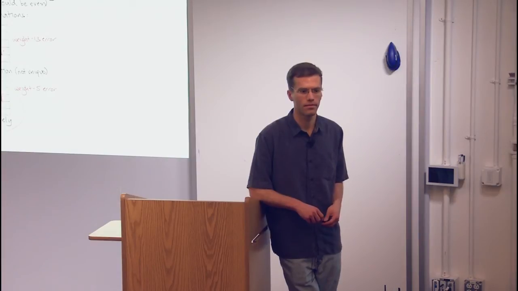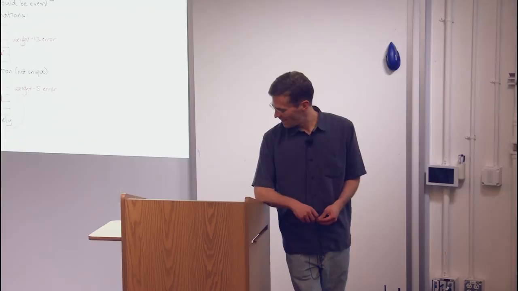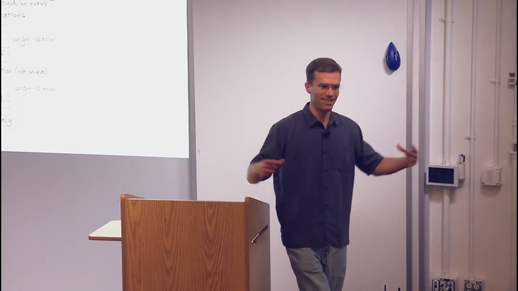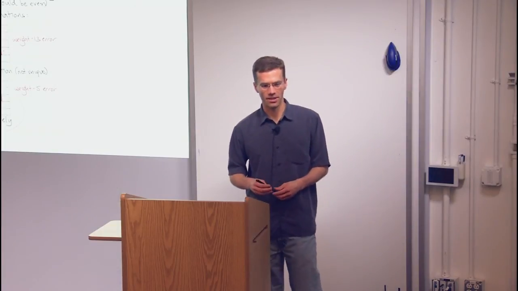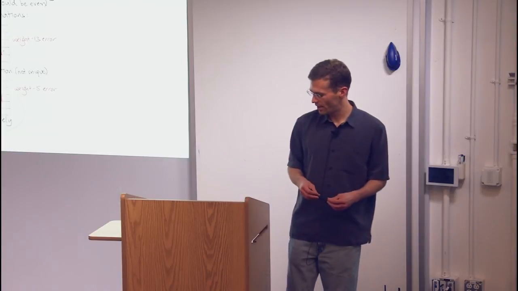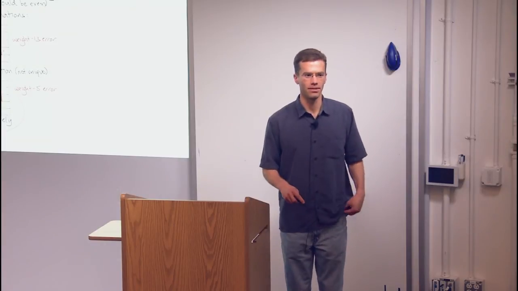My next question is, so minimizing classically, is it a polynomial time algorithm? Yeah, it's one of these things I didn't want to talk about. It's polynomial time, but I think the best algorithm is like cubic time, which is way too slow to run on any practical size quantum computer, because you want to be doing this quite rapidly to be able to correct errors quite rapidly. In practice, people come up with heuristic matching algorithms that work almost as well as the perfect matching, and they work pretty well.